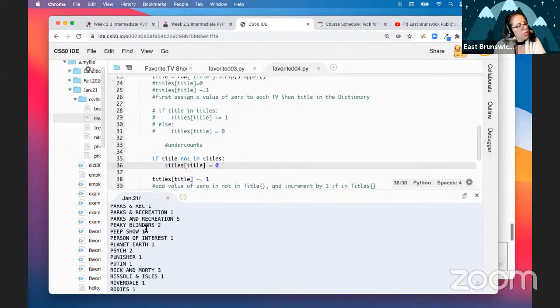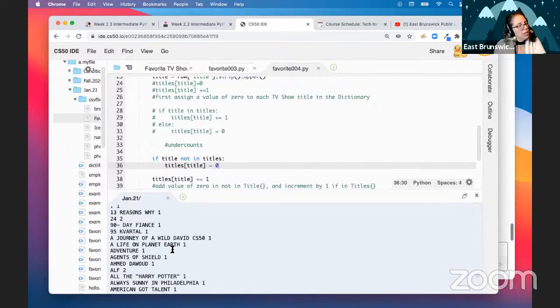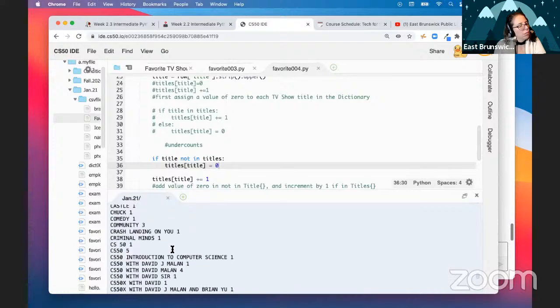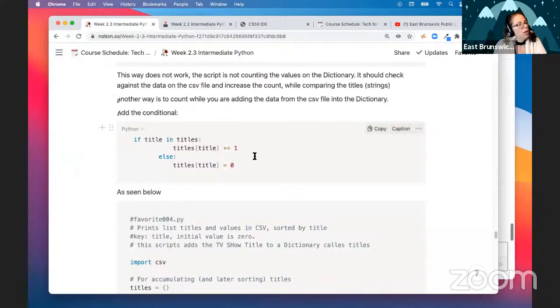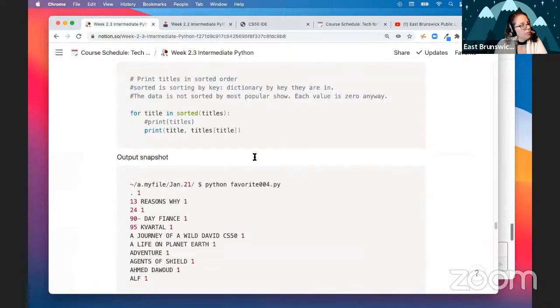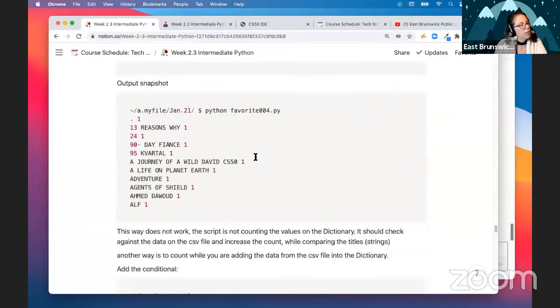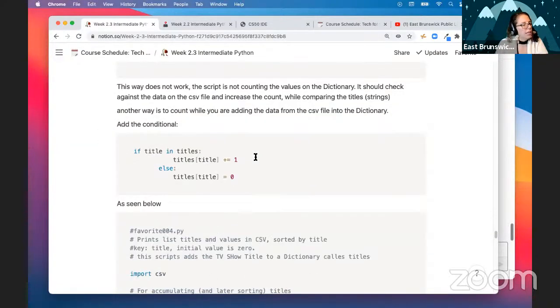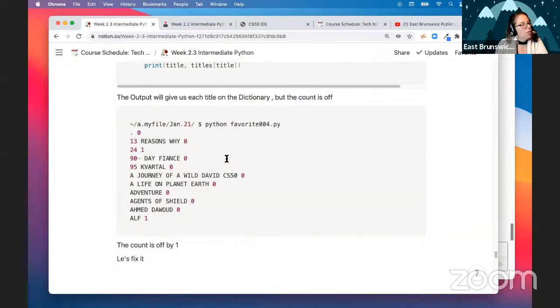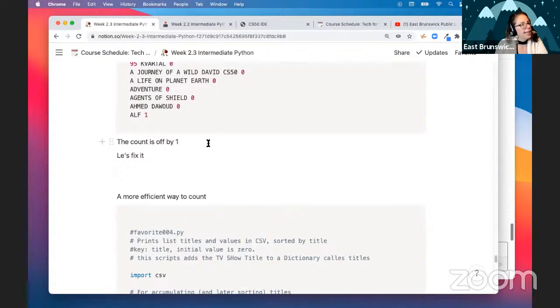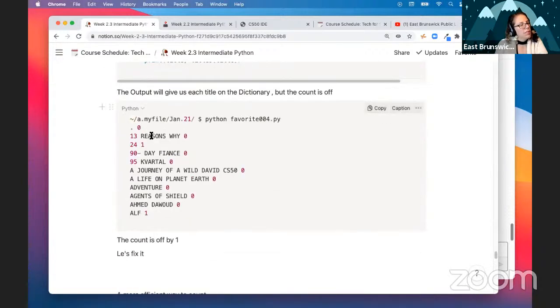And if you compare with the one before, which we have the undercount, you're going to see a lot of the values were 0. When there was only one showing, it was... I'll show you here. So when we were undercounting, oh, because it was adding 1. And now, see, we're getting this, and that's an undercount, because if it's in the dictionary, it